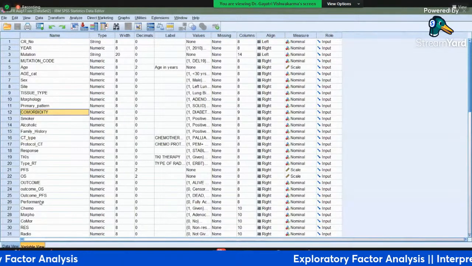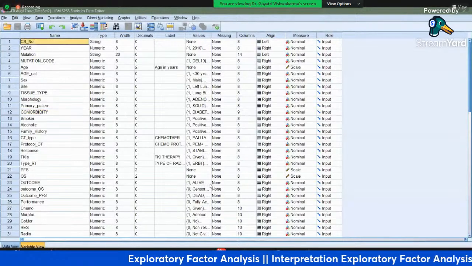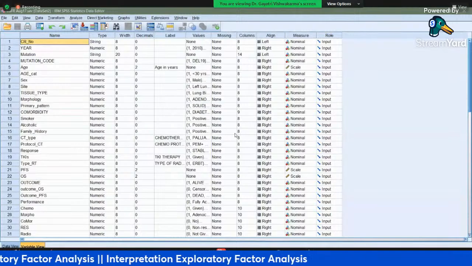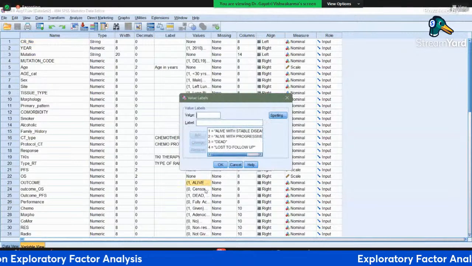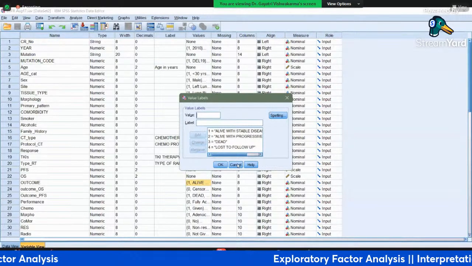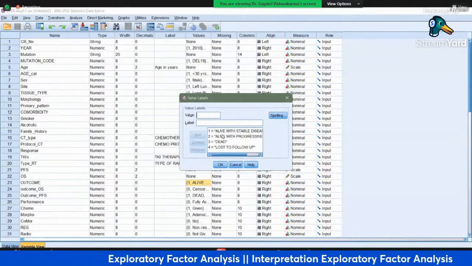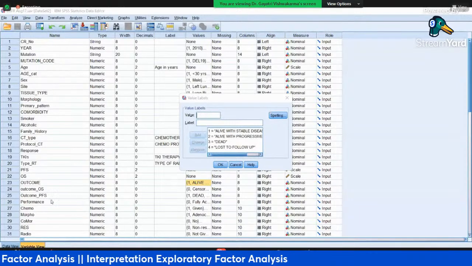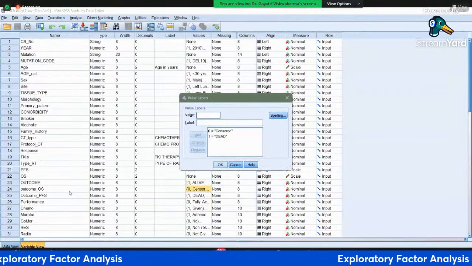Let me check this outcome variable: it has alive with stable disease, alive with progression, death, and loss to follow up. We want the outcome variable as censored or death. So we have the outcome variable as a binary variable.